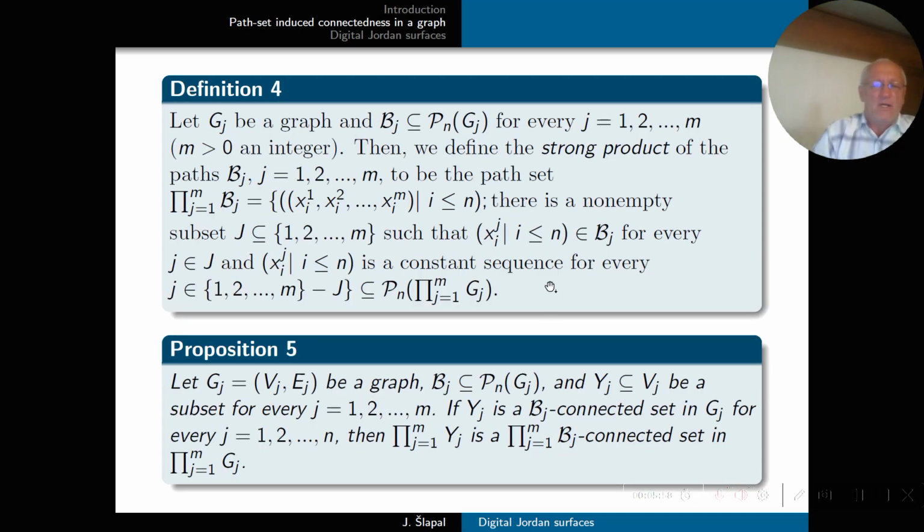Okay, and now we also extend our definition of a strong product of graphs to paths. Namely, we may use the same philosophy to define a product of a set of paths. So if we have